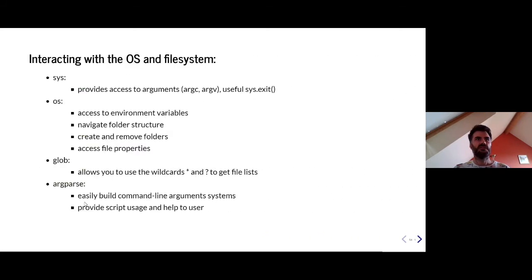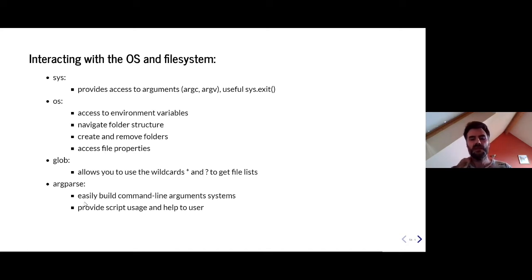So now, and that's quite the last part of this tutorial before the final exercise, I will tell you about some modules that are very useful to work with. It's not an exhaustive list. It's just a few modules that I use every day. So you know these exist. Obviously, they won't cover all you need, and you will have to go deeper, but this is quite a starting point. So you have the sys